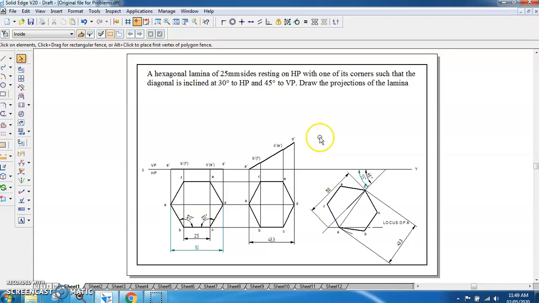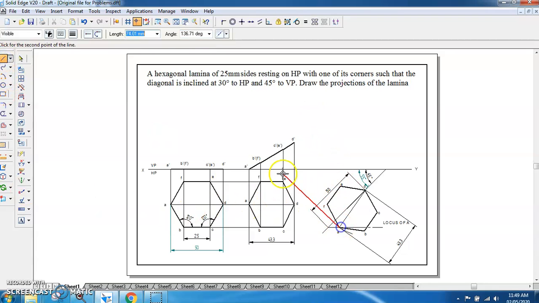Now we have to project it to get the front view. To do that, again from this A till this A dash, we will be getting one projector. From B till this B dash, we will be getting the second projector. From C till this C dash, the third projector.